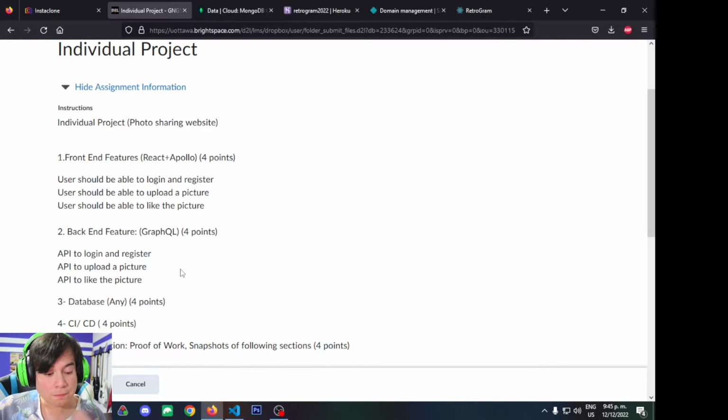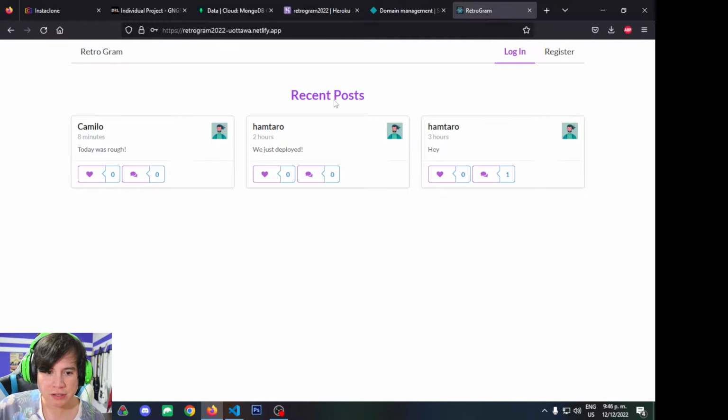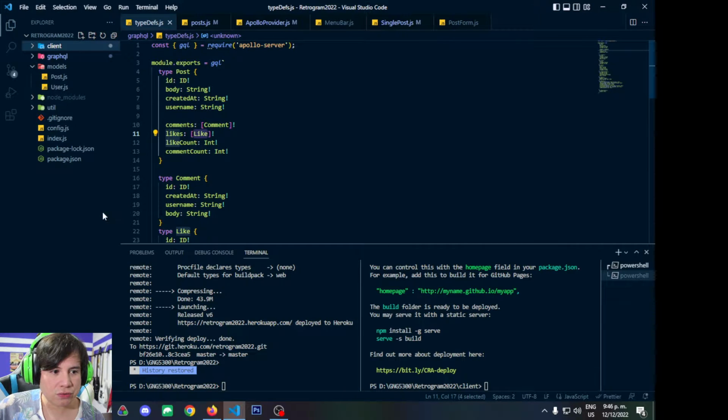And also, we deployed the app using Heroku app and also Netlify. So we use Heroku for server side, and for front end, for client side, we used Netlify. So yeah, I hope this covers everything. So yeah, first off, I'm gonna try to explain how everything works in general from the backend